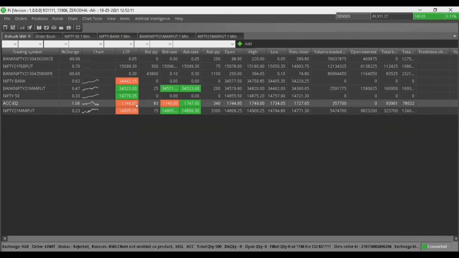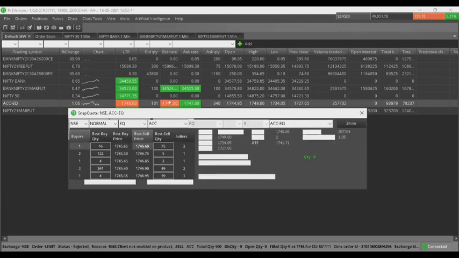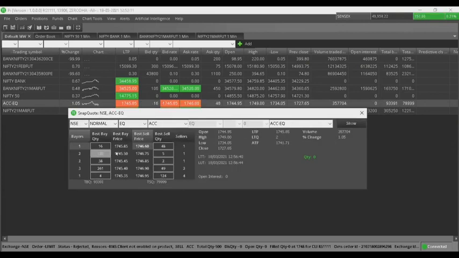When I double click on this, you will find something called the market depth also, right? In this market depth, you will find not only one bid and one offer, you will find a number of bids. You see the best buy price from top to the bottom. You're seeing it is in a descending order. The best buyer, somebody who's offering the highest price, is at the top. And then on the left, you see the quantities also. And then on the right here, you see these are the best sellers. Somebody who's willing to sell at the cheapest price is at the top, and then it is ascending order. And then the quantities also.